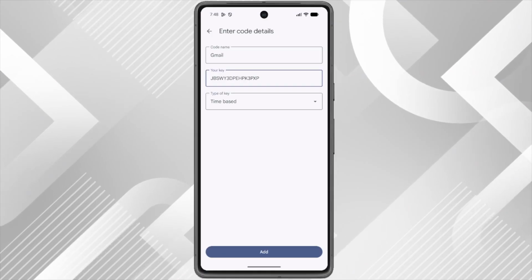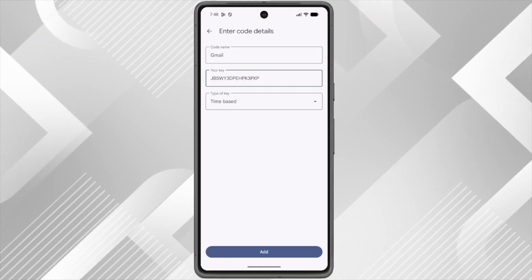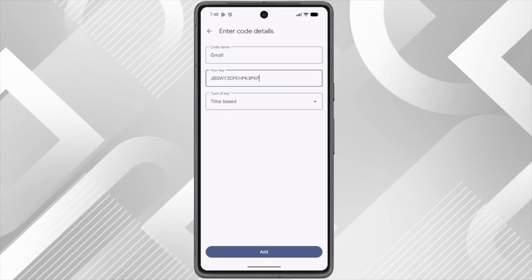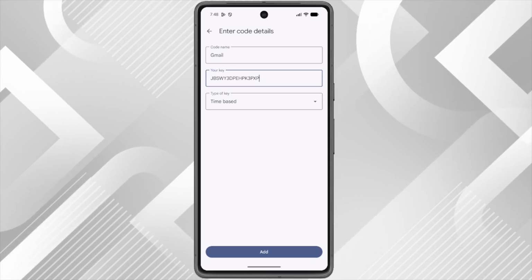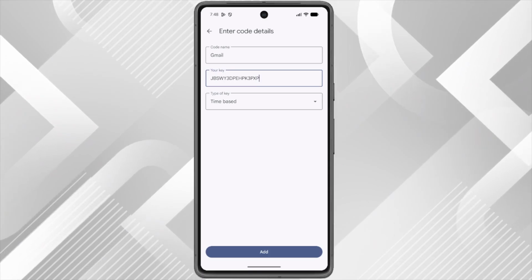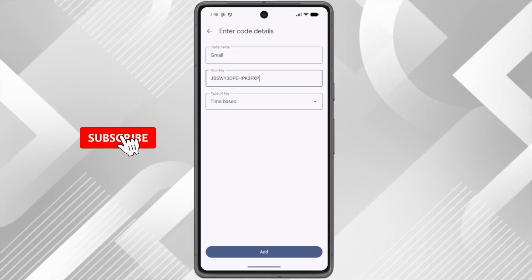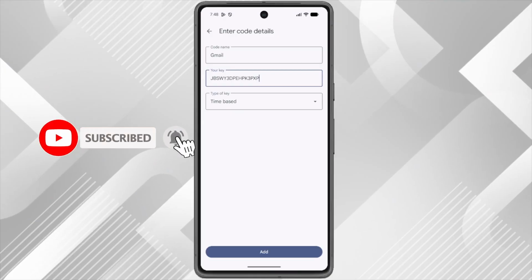They securely link your account to Google Authenticator so you can generate time-based verification codes whenever you need to log in. These codes change every 30 seconds, providing robust protection against unauthorized access to your accounts. And that's all there is to it. You've successfully set up Google Authenticator for any app using either the QR code scanning method or